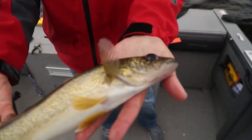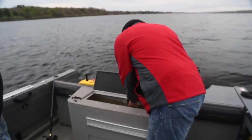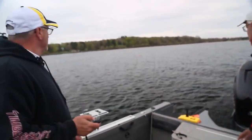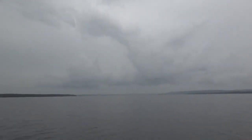So when you're trolling springtime, pay attention to when you're in that right depth of water, which on this lake in the spring, 8, 9, 10 foot of water, and you want a little bit of weed growth like we saw in our graph today. We got four walleye and a tremendous perch in there, so we're starting to put a little bit of a pattern in. Early season trolling can be a grind,